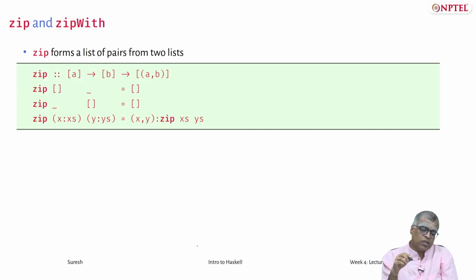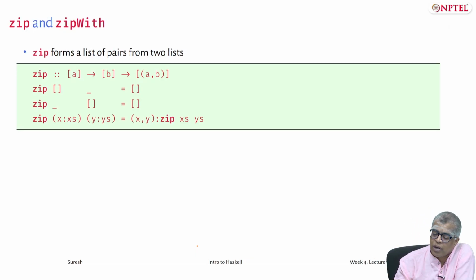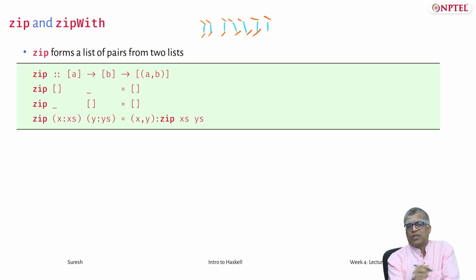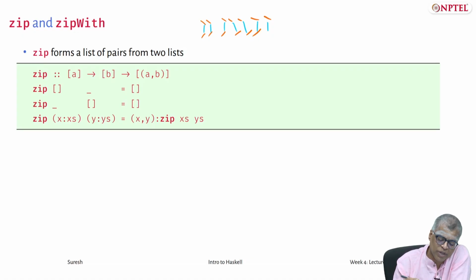Okay. So here is another very nice higher order function called zip. It's really like a zip on a bag, with one side and another side, and to zip it up means to connect this with this, etc. So to connect the elements that are aligned against each other. That is what you mean by zip. How do you connect? You just form pairs.